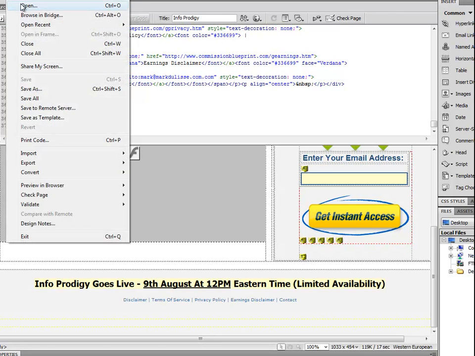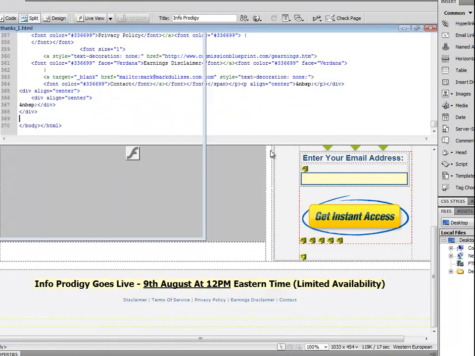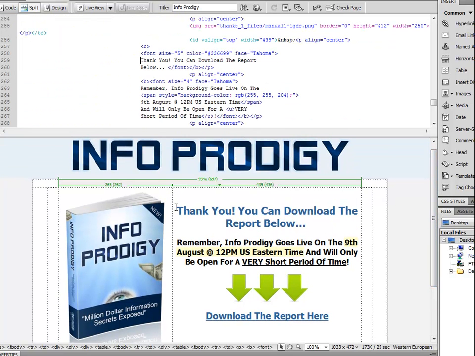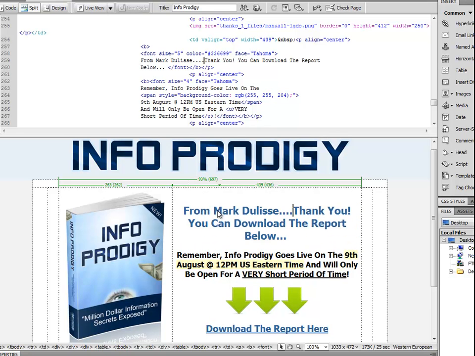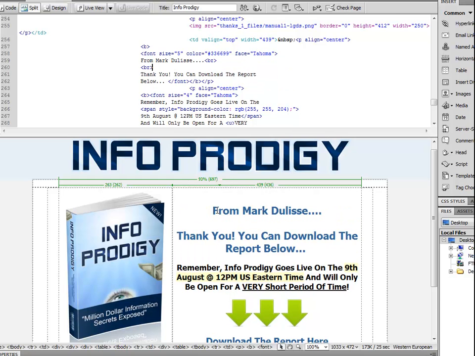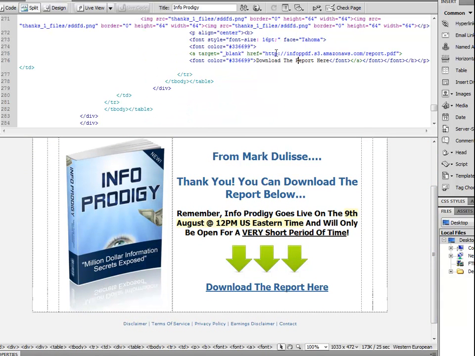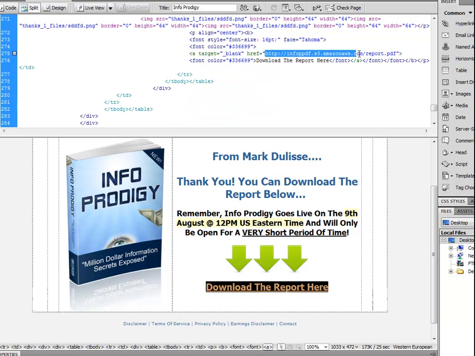You can open up the thank you page. This is the download, and you want to make sure that you can also personalize it. You can put thank you and put Dulisse. You can personalize it. You see that? You can personalize it, and so it looks like your marketing is integrated with Tim Godfrey's and Steve Clayton's. And you want to look at the download here, and right now it's downloaded from Amazon, and so